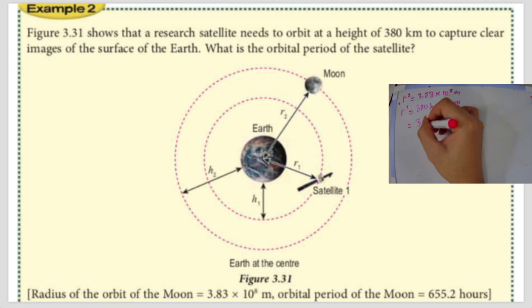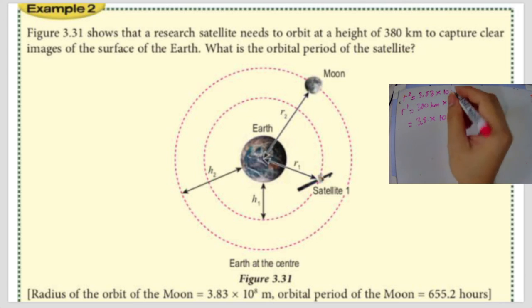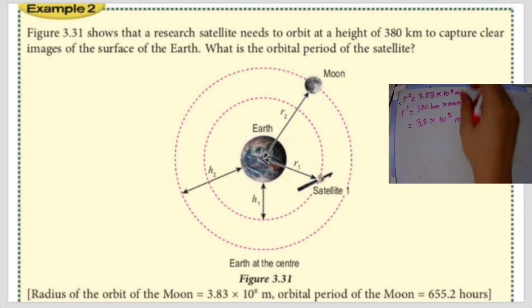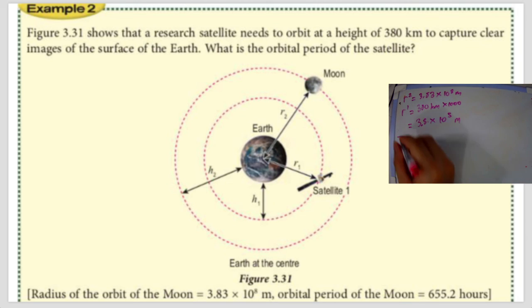But we can convert it to standard form. 1, 2, 3, 4, 5. So we can write it as by the power of 5, right? So that we can both have similar answers. So we have R1, R2. Now, the next thing is, what is the orbital period of the satellite? So, first of all, what is the orbital period of the moon? Orbital period of the moon, T2, is given to be